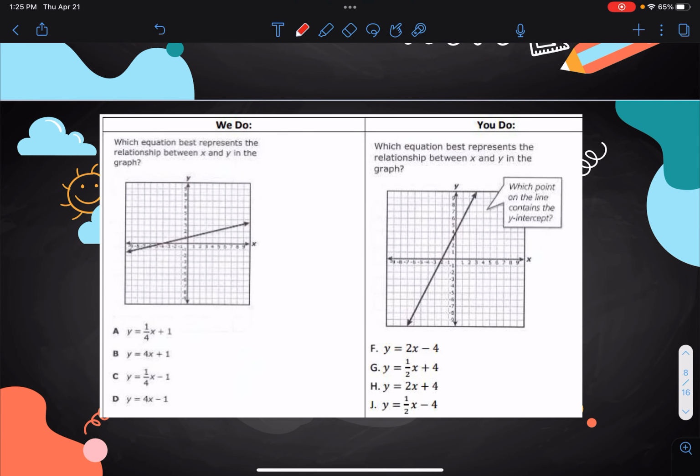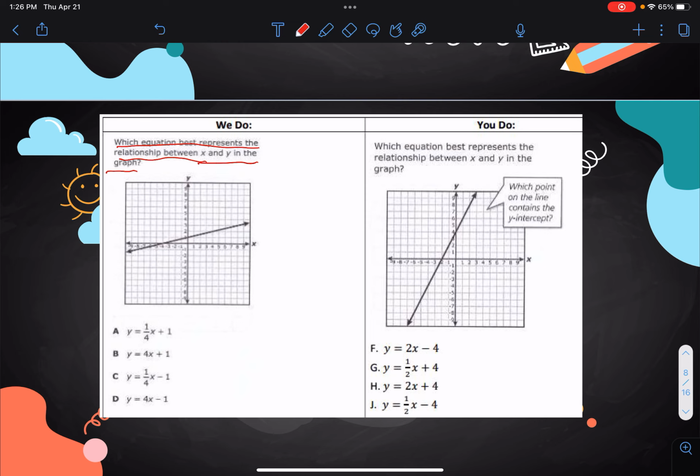All right, moving on to our we do. Our we do says, which equation best represents the relationship between x and y in the graph? So now it wants us to figure out which equation best represents the relationship in the graph. So the easiest thing I can tell you to do for these, there's two things